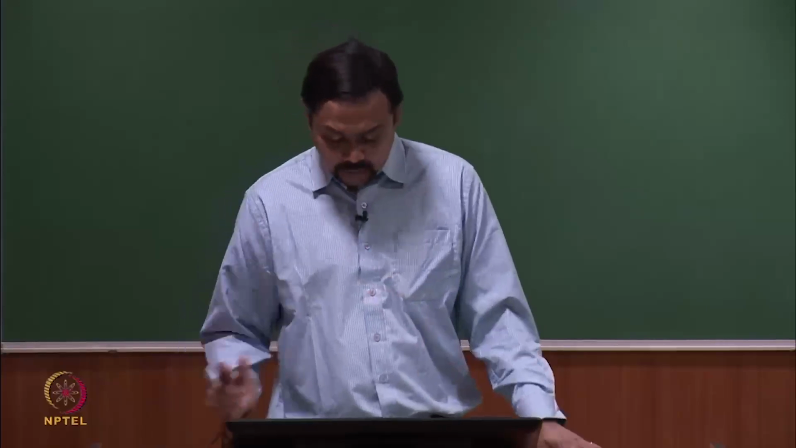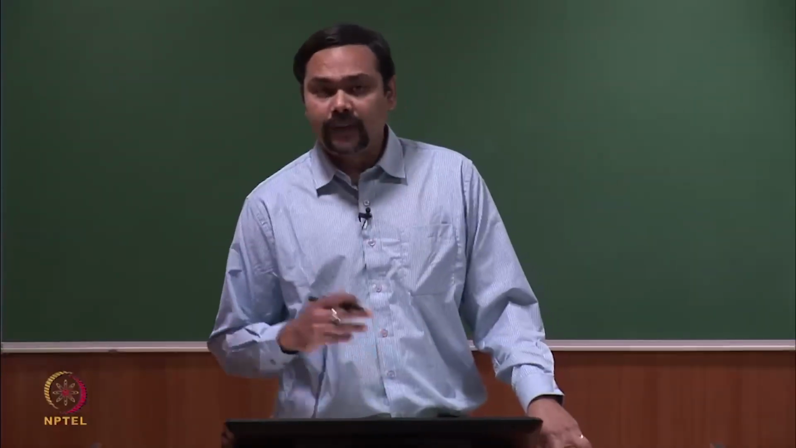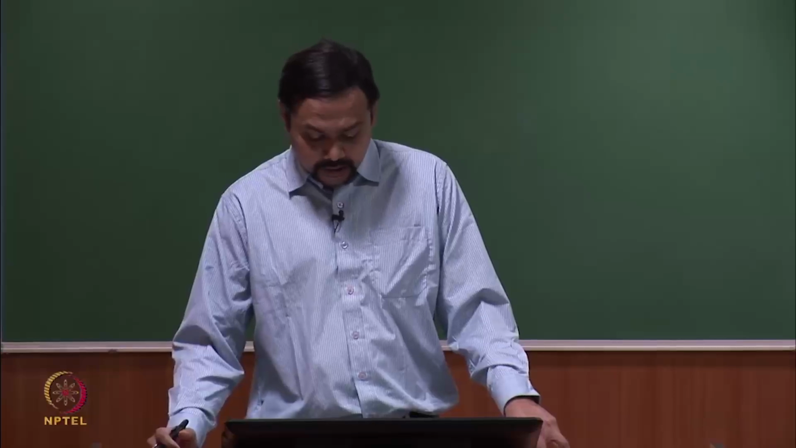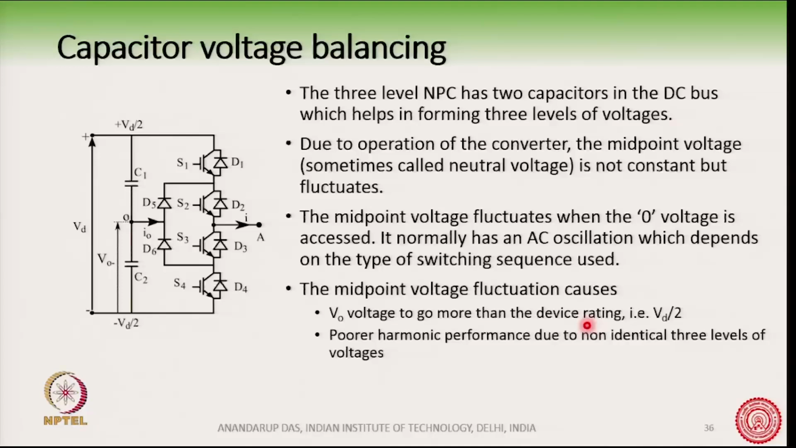So, throughout the analysis of the converter so far we had said that this O point is always at 0 potential, but actually it is not so. There is a fluctuation. If this fluctuation is very high, then it can go beyond the device rating. See, in this converter all the devices are rated for Vd by 2. However, if this point's voltage